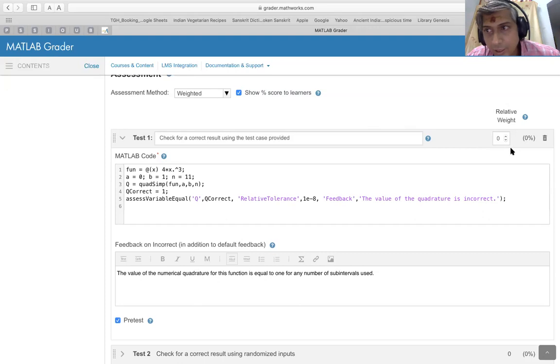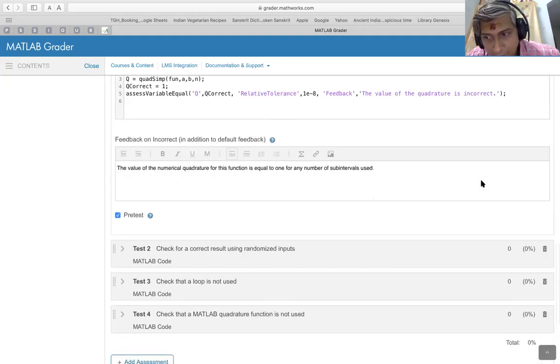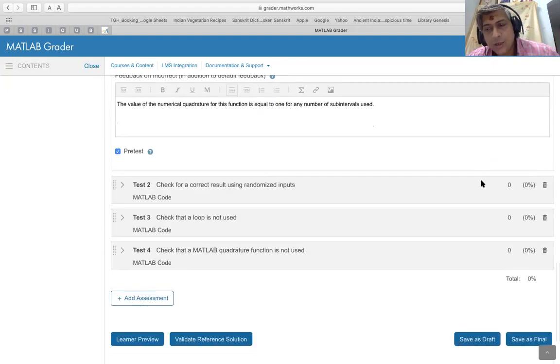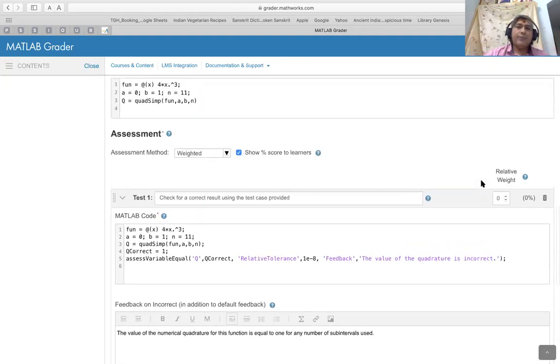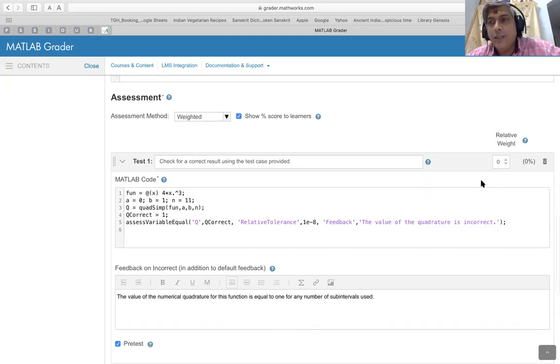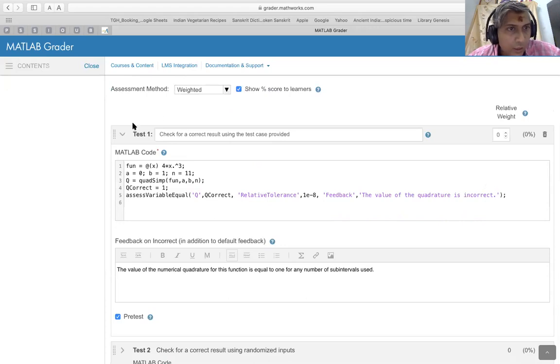Because we are in the weighted one here, when I choose the relative weight as 1, it will look at the weight that you have assigned to each of the questions and then distribute marks accordingly, so that the total marks for all questions add up to 100%. So let me show you that here quickly.